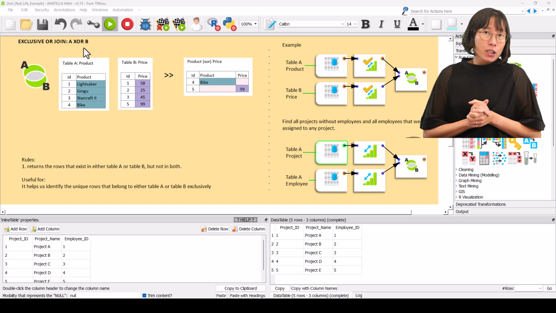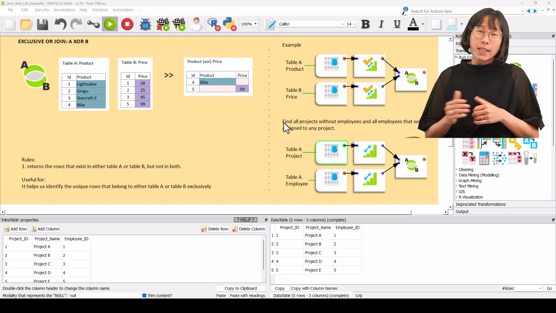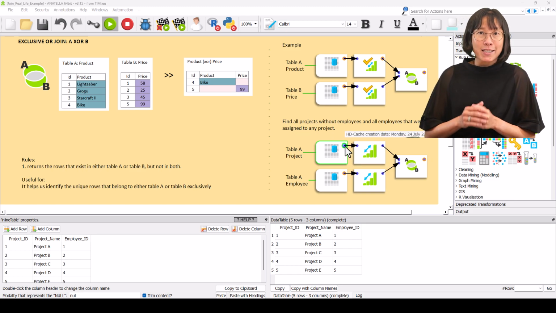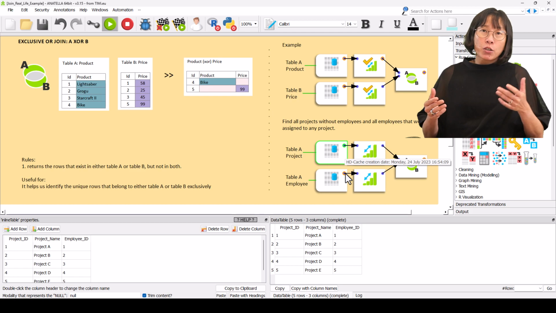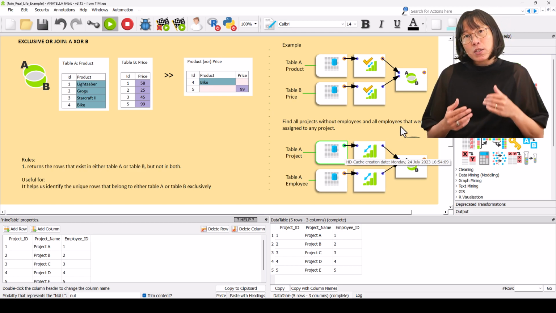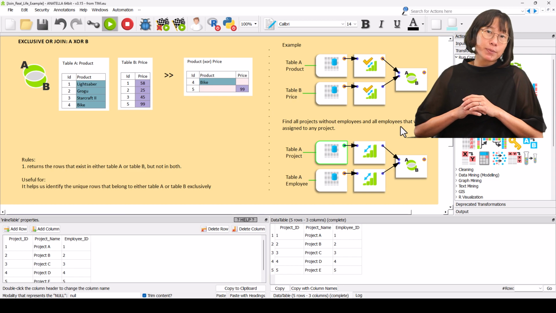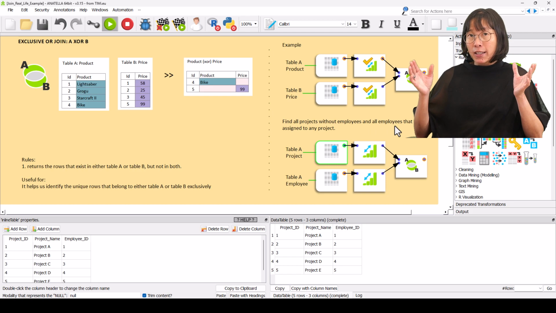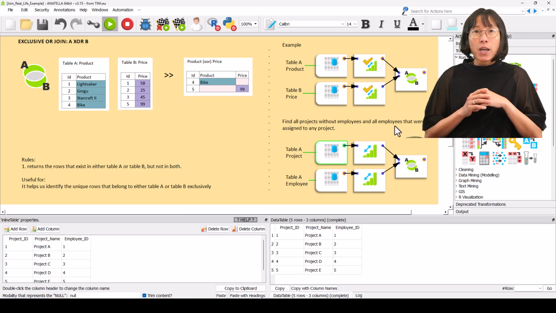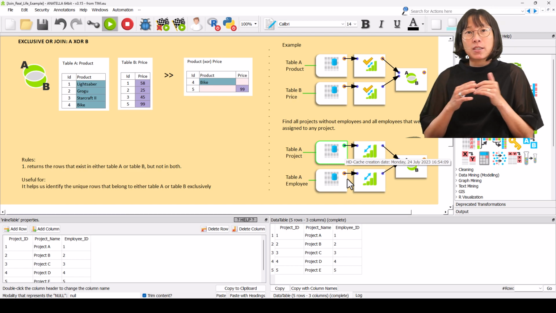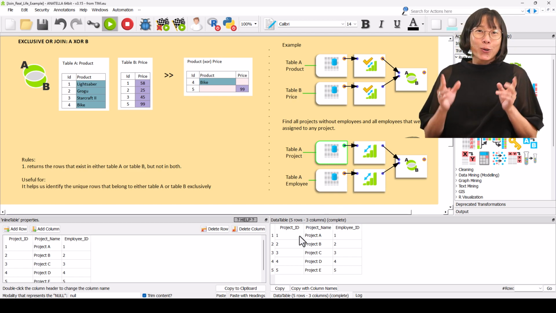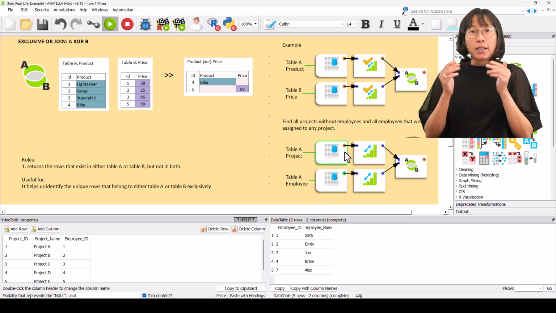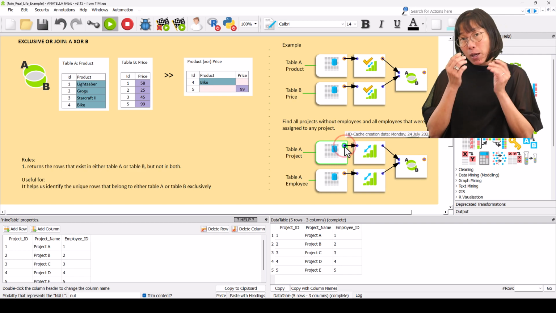Let's investigate another join, the XOR join. Inside this example, let's assume that we are working for a human resources department inside a big company. Here we ask ourselves, I'd like to find the inconsistencies inside my HR database. More precisely, I'd like to find all the projects without any assigned employee to work on them and all the employees that were not assigned to any project. So, we have two tables, the employee table and the project table. These two tables are linked together thanks to the key named employee ID.